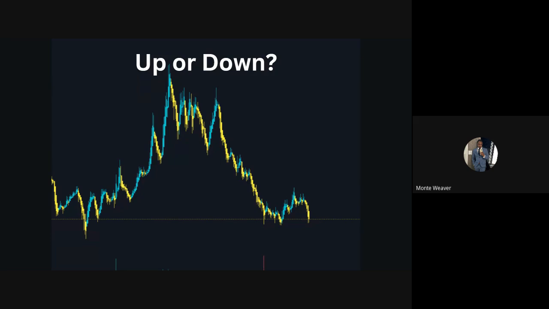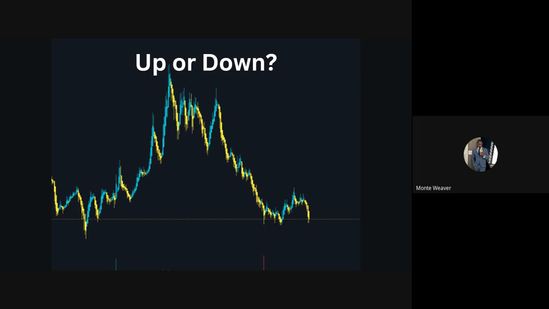Okay, let's make this real simple. In the chat, is this chart going up or down? It's one or the other. This is going down. Put in the chat. Is the chart going up or down? Down. Right. Down. So should we be long? Should we be going long or should we be going short? No real indication. Okay. Exactly. We should be going short. Right. Take the emotion out of it.